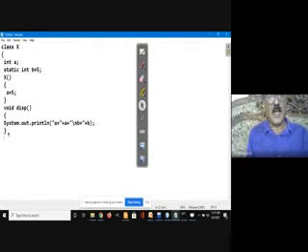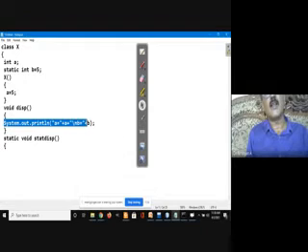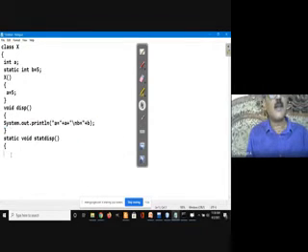Then I will use a house dog. House dog I'll call void statdisp. I am naming this as statdisp, just a different name I am using. A house dog can access only house food.